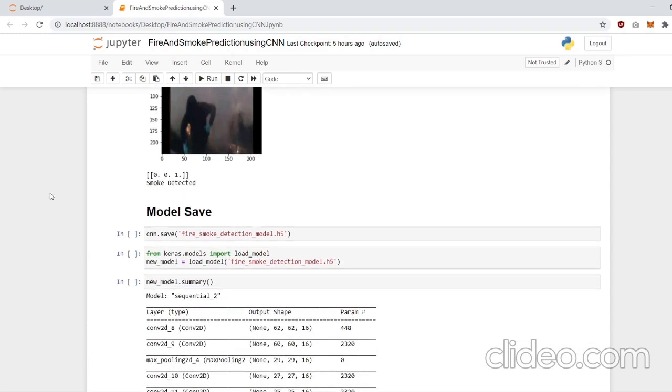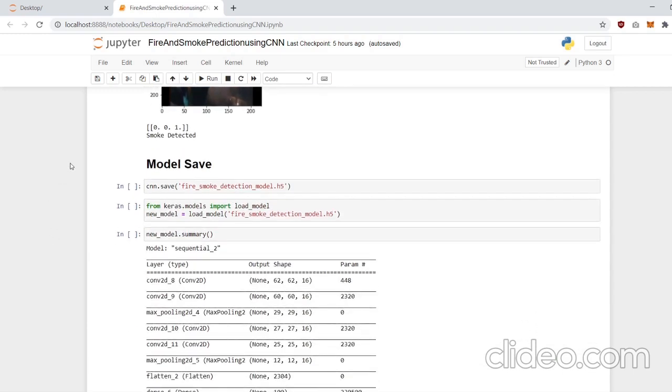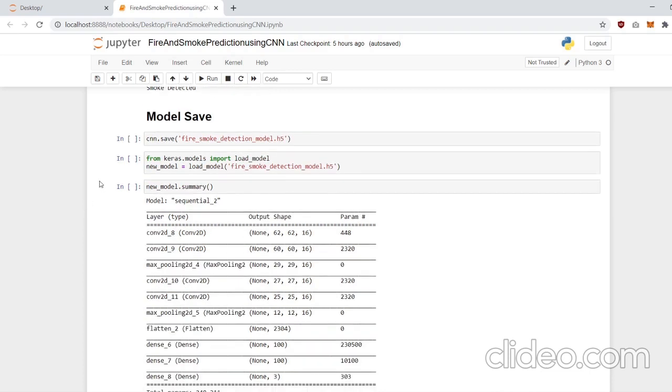And yeah, that's it. And over here we are just basically saving the model so that in future if you want to run the steps again, we don't need to create the model again and run all the epochs. We can directly use the model. So this is a very simple and an easier way in order to save the model using the save function. And there is a load model function in order to load the model, wherein we can directly then check the summary.